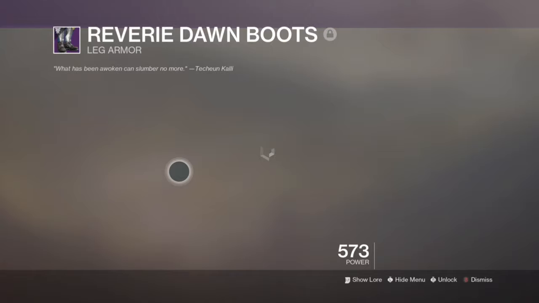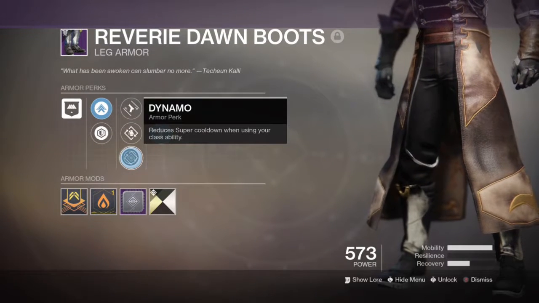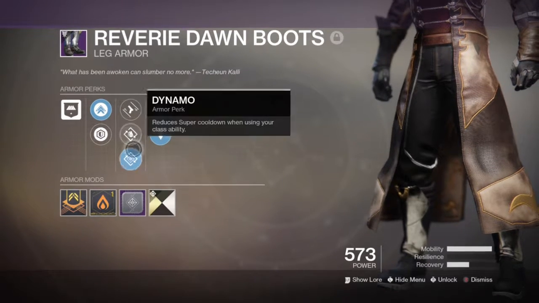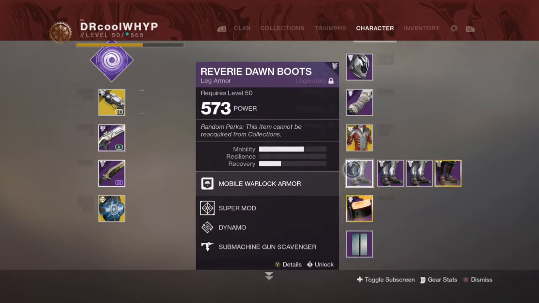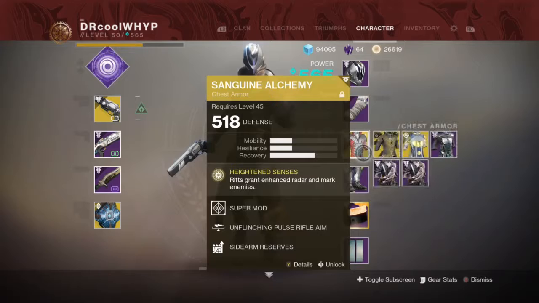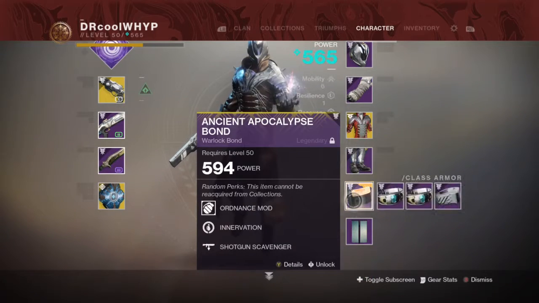I also have Dynamo on this, and Dynamo is something that I'm kind of pairing along with the Sanguine Alchemy because Sanguine Alchemy has a lot of utility while you're in your Rift. Dynamo gets you closer to your super, and then we also have some super mods to build up a passive charge. Again, we're using Pump Action, which will generate super energy on shotgun kills,